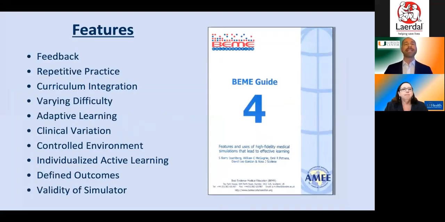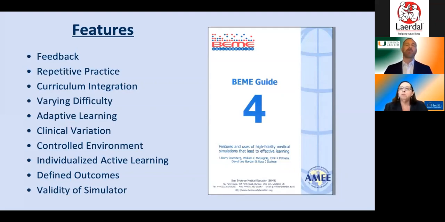Why do I think that this has been so heavily cited? It's because we distilled from the available literature at that time those features that seemed to work. One of our inclusion criteria for this review was that the studies had to have shown some positive educational outcomes. And then we distilled in an iterative manner what were those features that these authors were talking about. And here you can see the list of the top 10 most commonly cited features.